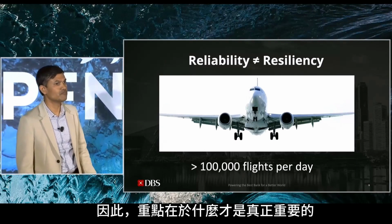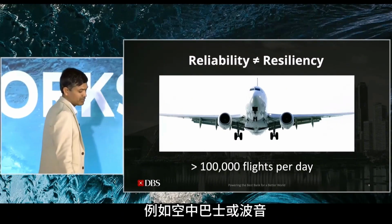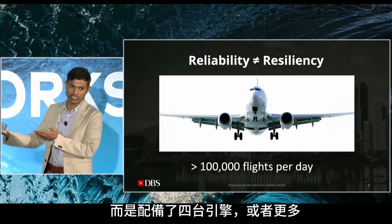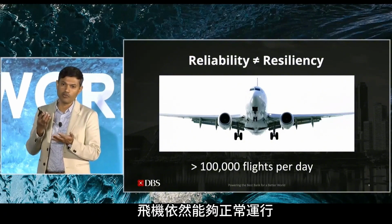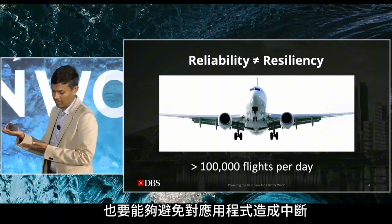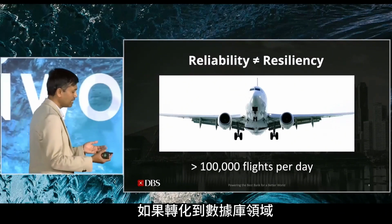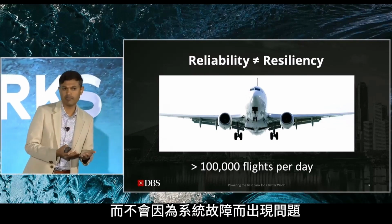Right. So that is what matters here. Even if you take Airbus or Boeing, whoever it is, instead of flying with 2 engines, they now fly with 4 engines or whatever it is. So even if there is 1 failure or 2 failures, if you are capable of coming up without creating any outage to the application, or I am just translating into the database world, right? If you are able to handle the customers or handle the application without any failure, then we are okay,